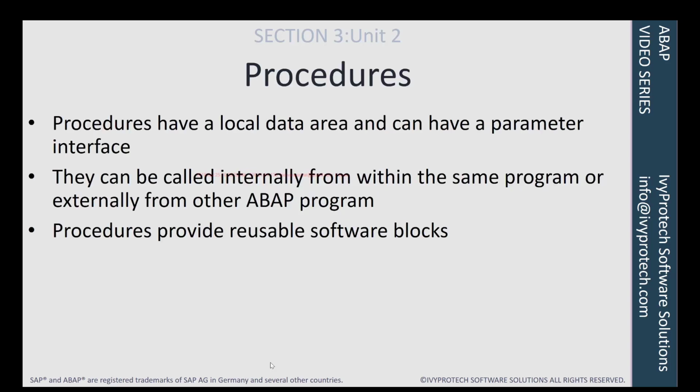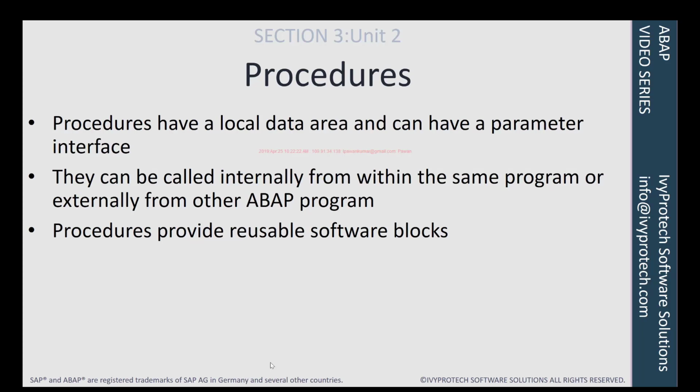What are the key characteristics or common features of these procedures? Procedures have a local data area and can have a parameter interface. Compared to all the processing blocks we discussed, event blocks and dialog modules, procedures are the only processing blocks that support local data, and they also support a parameter interface, in the sense that whenever you call a procedure, you can pass certain data to it and get something back.